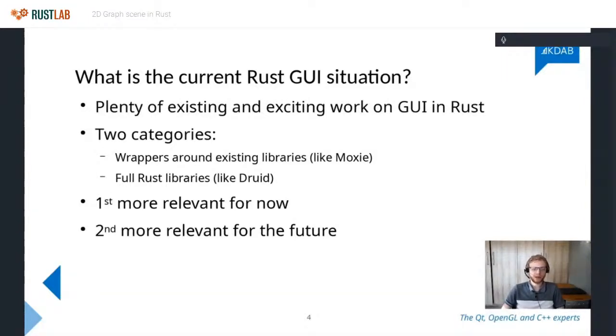So they are more relevant for the future, kind of the scenario that I've laid out for this talk, that in 5 or 10 years time, we want a full GUI stack in Rust, for whatever reason. Maybe we want to build a new operating system in Rust, and we need a nice GUI stack. I don't know. But yeah, the second part is for the future, and this talk is about how I think we should approach that problem.